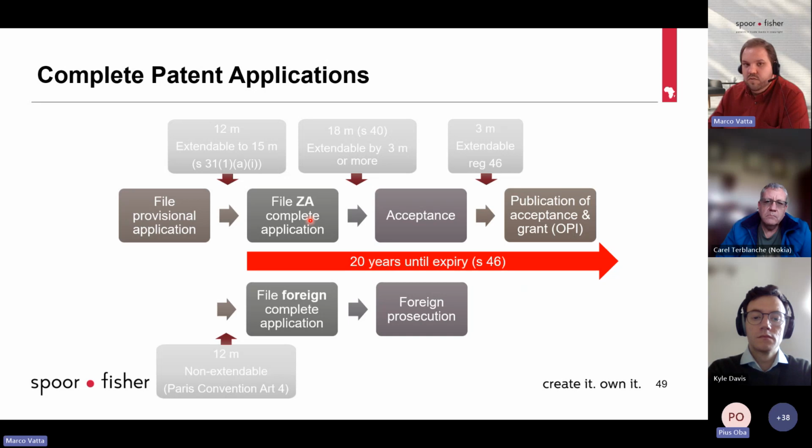So what is the maximum period? So that's the maximum period. It's difficult to give you a concise answer on that because it depends on the Patent Office's constraints as well. Oftentimes they're inundated, understaffed, with resource requirements that aren't being met. So there can also be delays in the time that it takes for them to actually